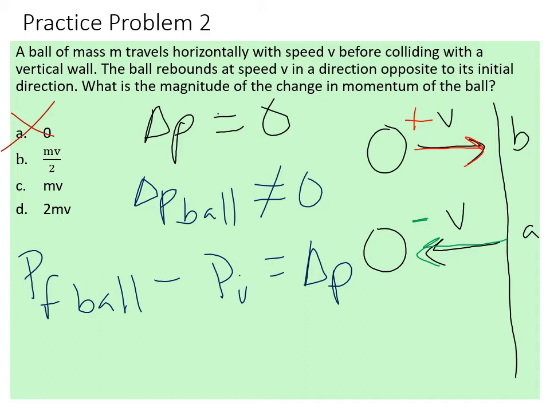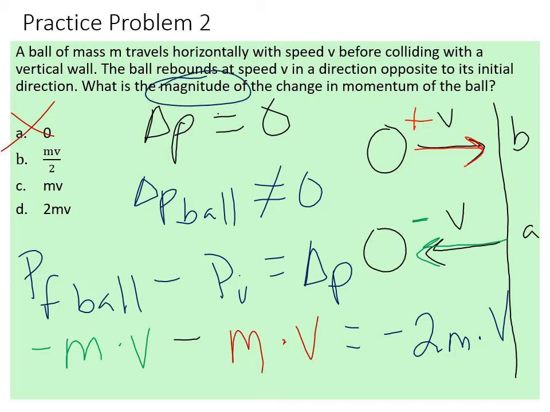So for our final velocity, I have negative m times v minus the initial momentum. The final momentum is negative m times v, that's the mass times its speed with direction. For the initial momentum, I have mass times a positive v, because it's going in the positive direction. Negative m times v minus m times v is equal to negative 2m times v. But they want the magnitude, so I can just take the absolute value, or I just record the positive answer,